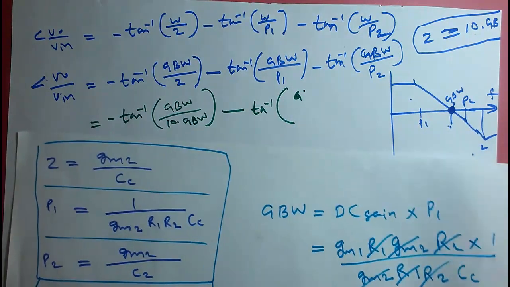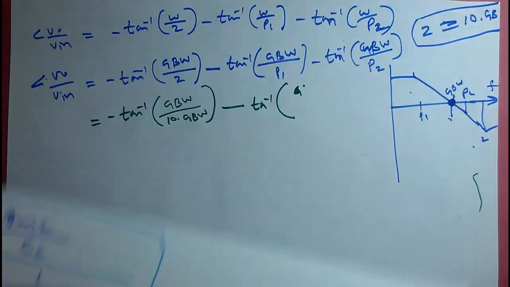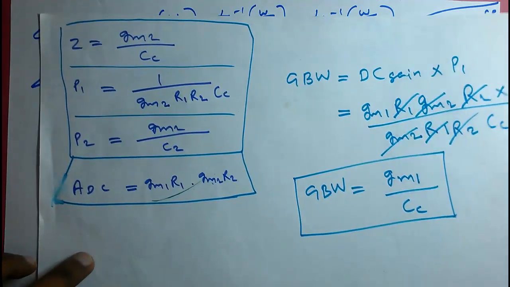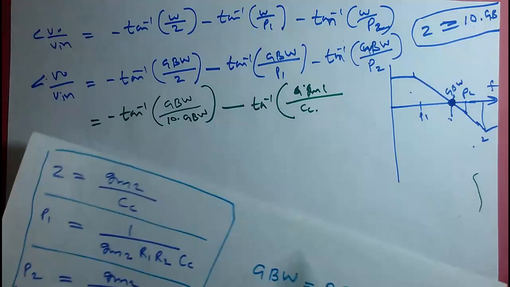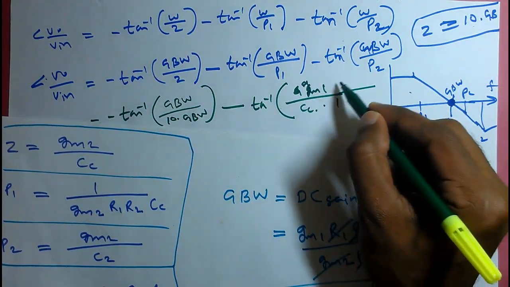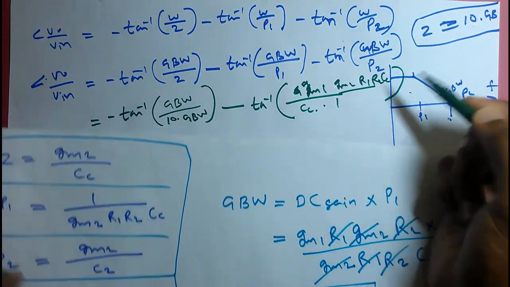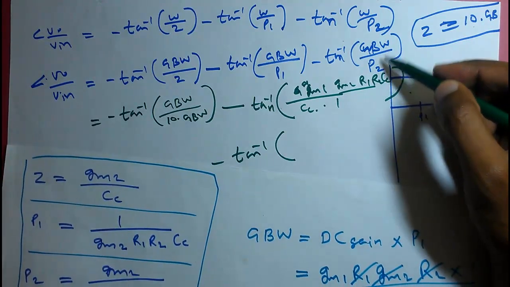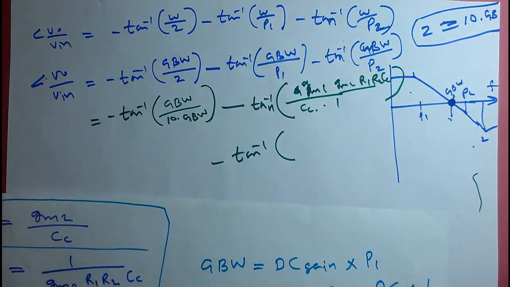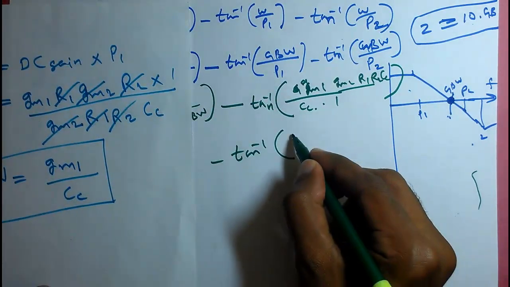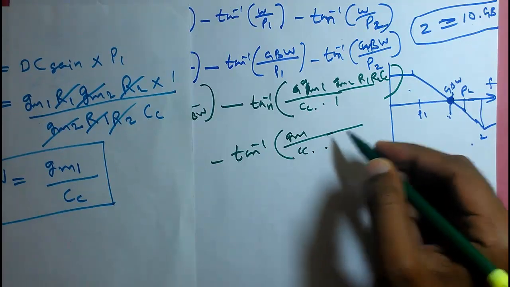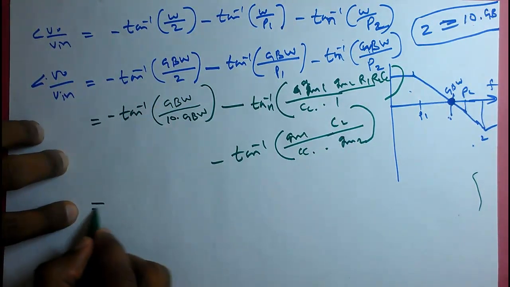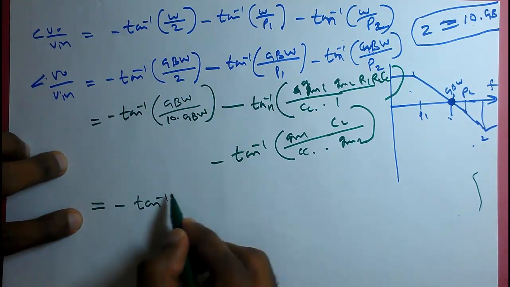we have the gain bandwidth equal to gm1 by Cc. So we can write gm1 by Cc divided by P1. P1 is 1 by gm2 r1 r2 Cc. So we can write 1 by, this is gm1, gm2 r1 r2 Cc, minus tan inverse, this is gain bandwidth divided by P2. P2 is gm2 by C2. So gain bandwidth is gm1 by Cc divided by P2, which is gm2 by C2. So we can write in a simple way, minus tan inverse of 1 by 10